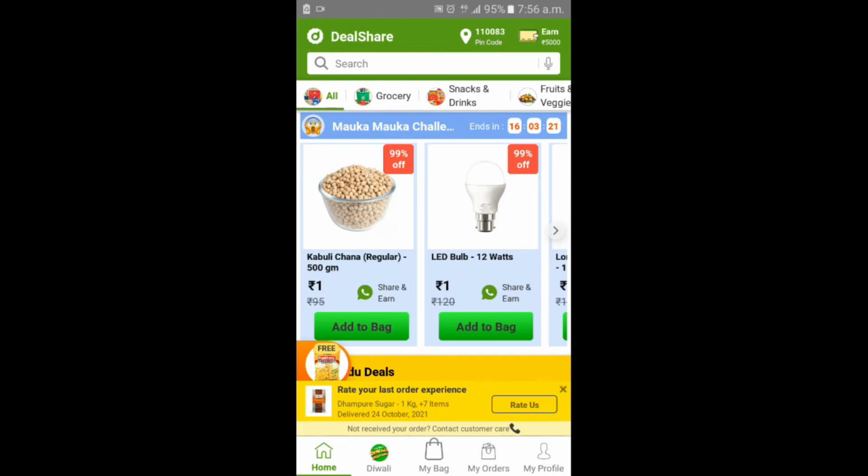Below are menus, so if you go category wise, you can see first all, second one is grocery, snacks, fruits and vegetables, personal care, cleaning, home and kitchen, fashion, and much more. Then just below these you can see deals for 1 rupees.